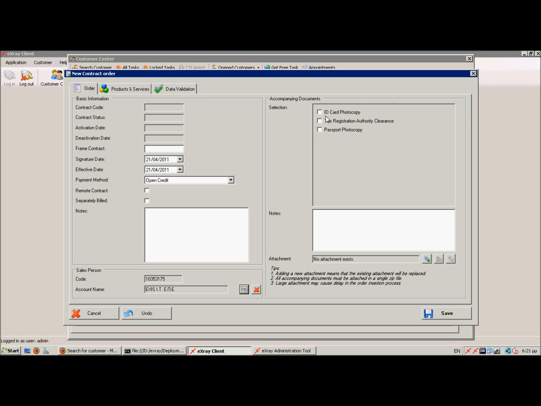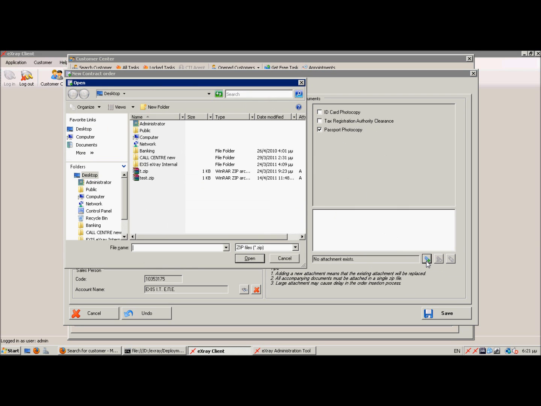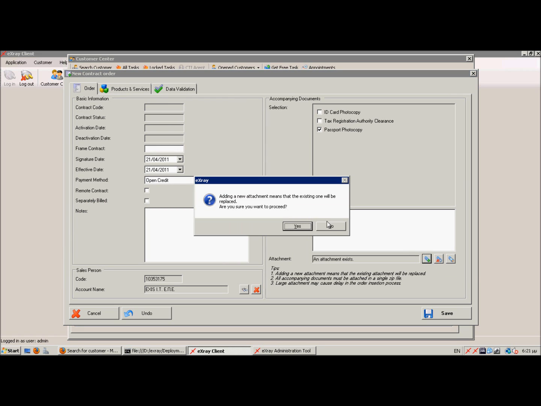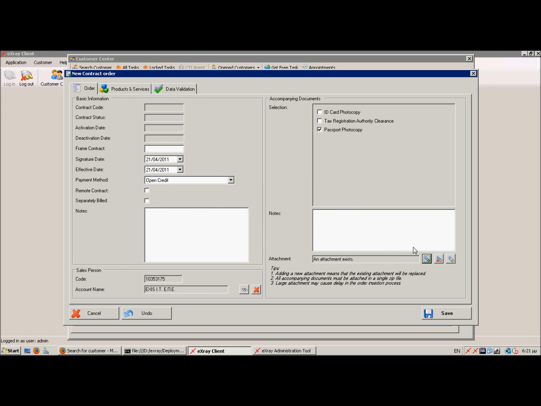So let's suppose that we have a passport photocopy here, and if we like, we can also attach these documents using this control and putting these files, for example this file or another, to the order of